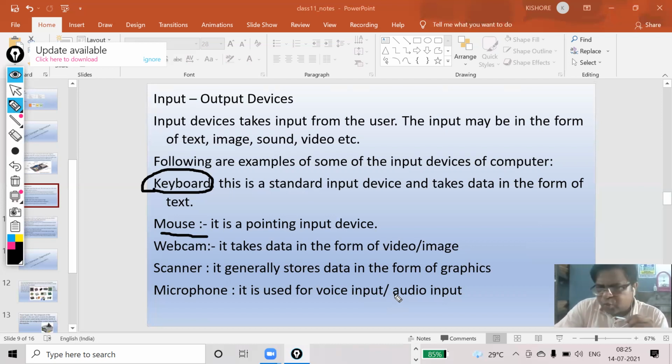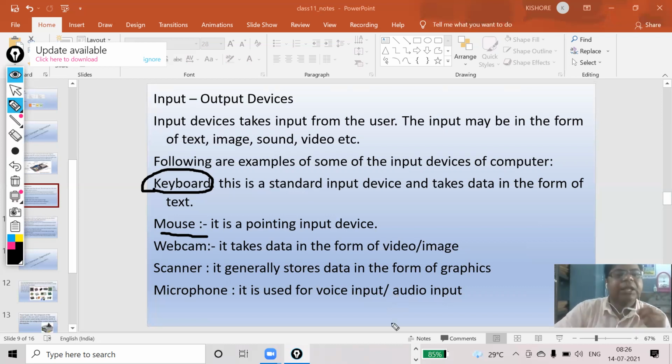How you want to work depends on you. If you are using MS Word, then you can scroll your pages with the help of the scroll button. If you have to select any item, then you go there and click it. If you have to select text, click and drag your mouse so that your text will be selected.